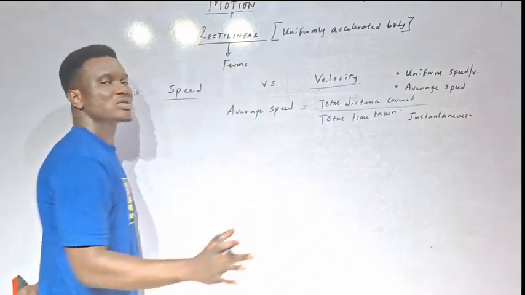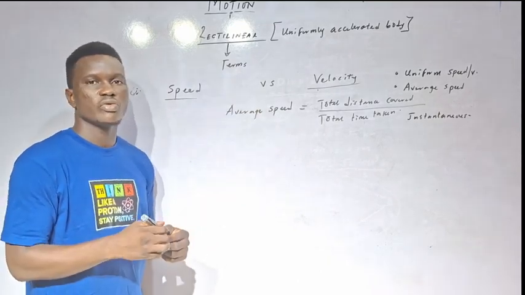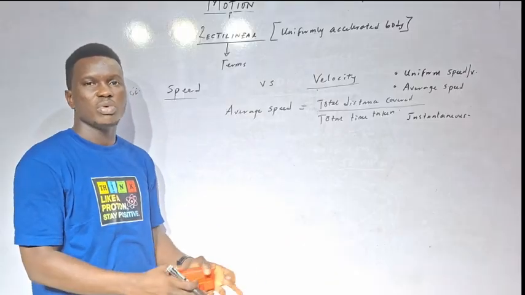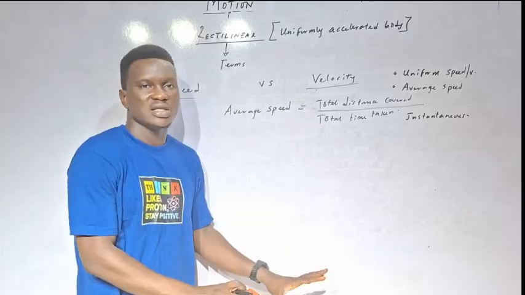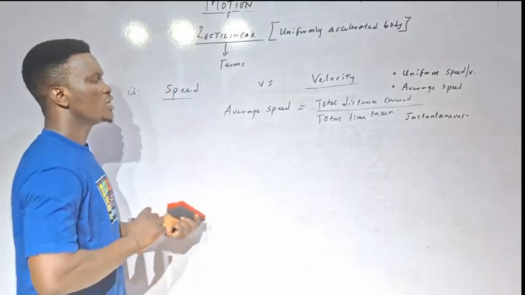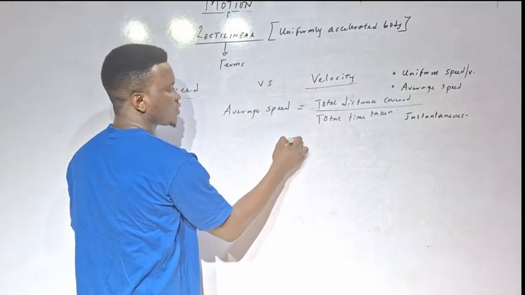The total distance covered over the total time taken. So the moment they say calculate average speed, just try and look for the total distance a body covers and the total time it takes the body to cover that distance. That is average speed. Another way is that if a body is under uniform acceleration,